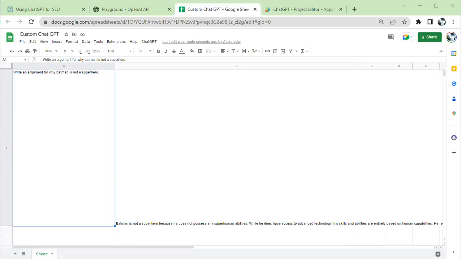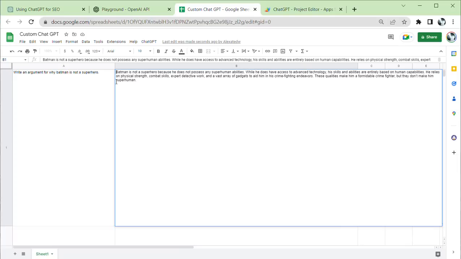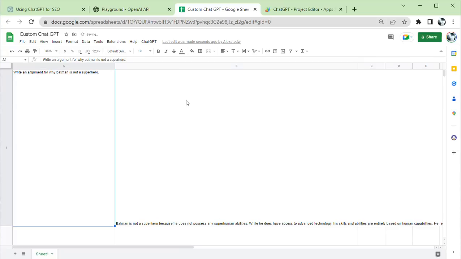All right, it just returned this little deal here. It gave us a little paragraph: Batman is not a superhero because he does not possess any superhuman abilities. Well, he does have access to technology. His skills and abilities are entirely based on human capabilities. That's about right. And now we'll show you the code,